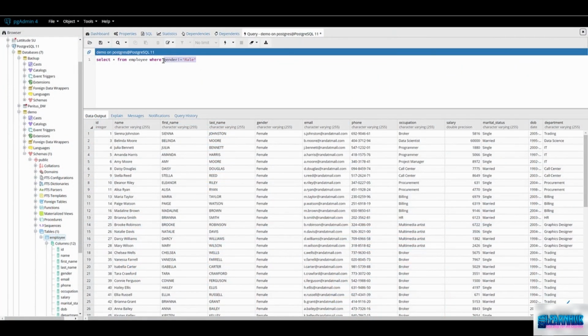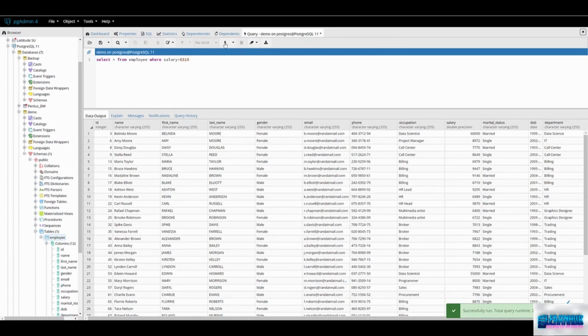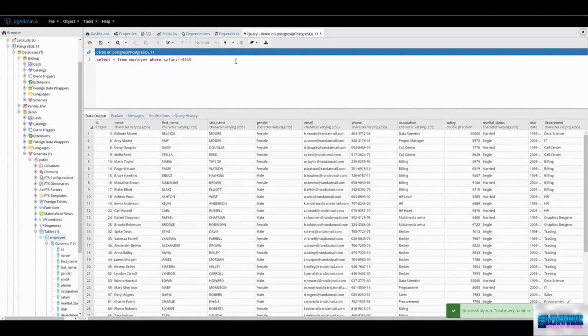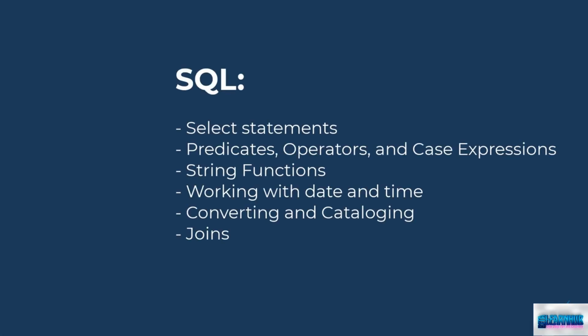SQL is a programming language used for managing and manipulating relational databases. It is used to insert, update, and retrieve data from a database. SQL is a standard language for interacting with relational databases and is used by a wide variety of software applications and technologies. In this lesson, we will be breaking down SQL's processes and steps, including showing viewers how to use